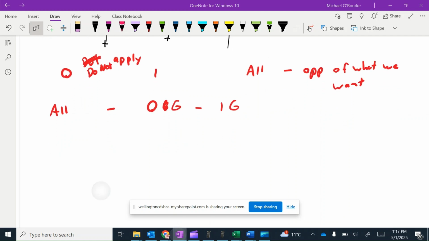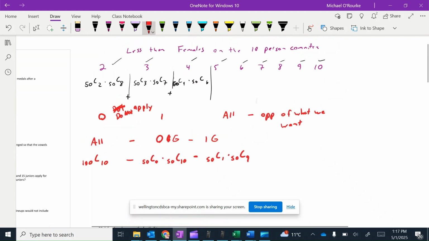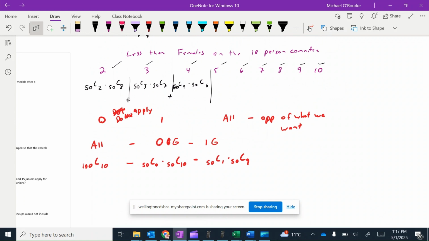So all options would be 100. We have 100 people, and I need 10. No girls would be 50 choose 0 for no girls times 50 choose 10 for my males, and 1 girl will be 50C1 times 50C9. And there's my answer. So we do it indirectly in a roundabout way instead of doing it directly because it's